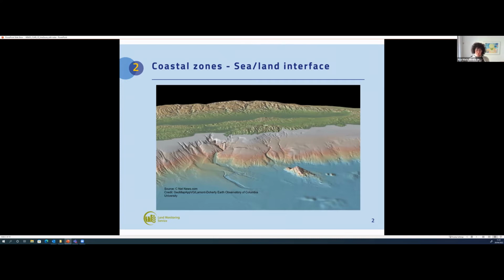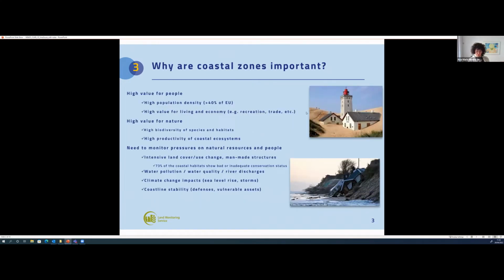Coastal zones are very important for Europe's economy. We have approximately 40% of the EU population that lives within 50 kilometers of the sea. And almost 40% of EU GDP is generated in these areas, in maritime as well. And 75% of the volume of EU foreign trade is conducted by sea. So we understand that there is a lot going on, but this also brings a cost to the environment. Marine and coastal areas are under pressure. We all know that. It's well known.